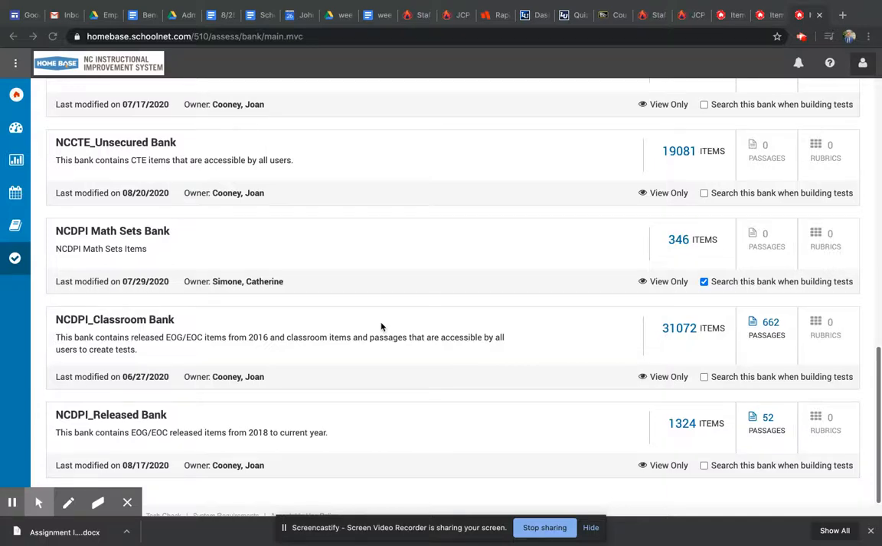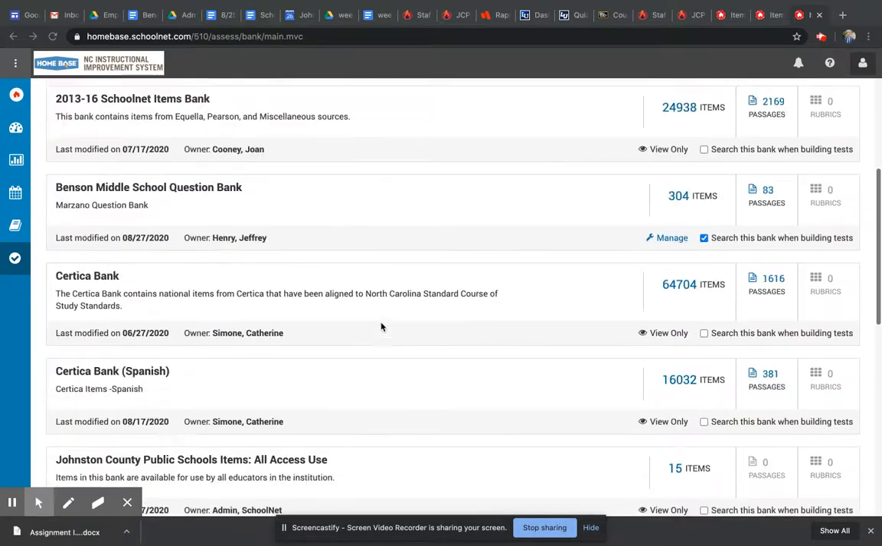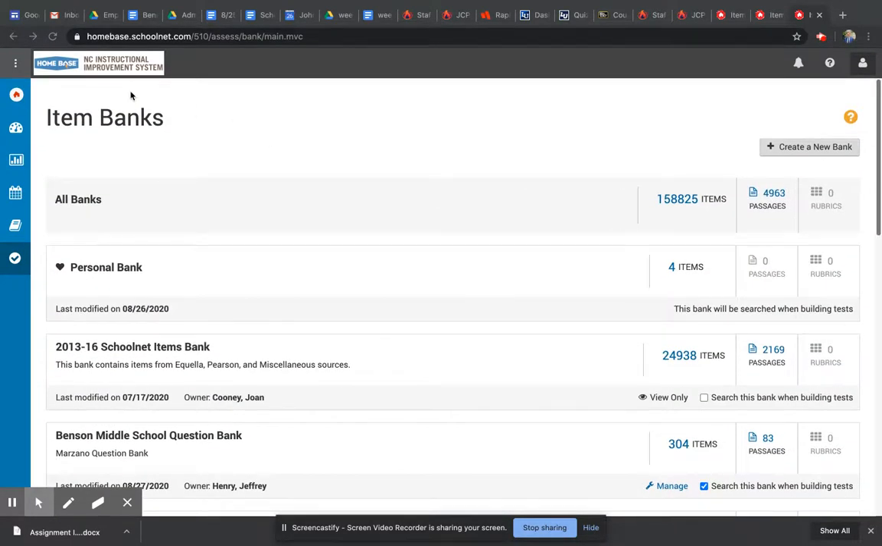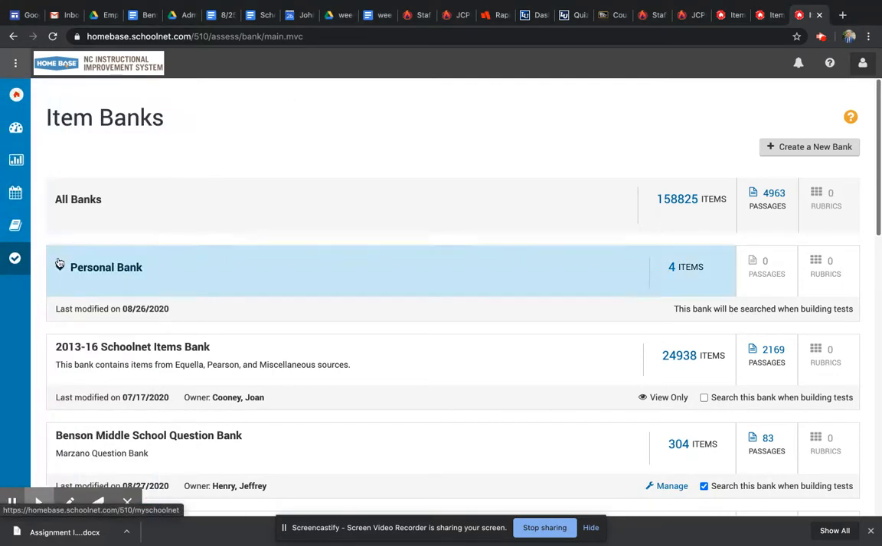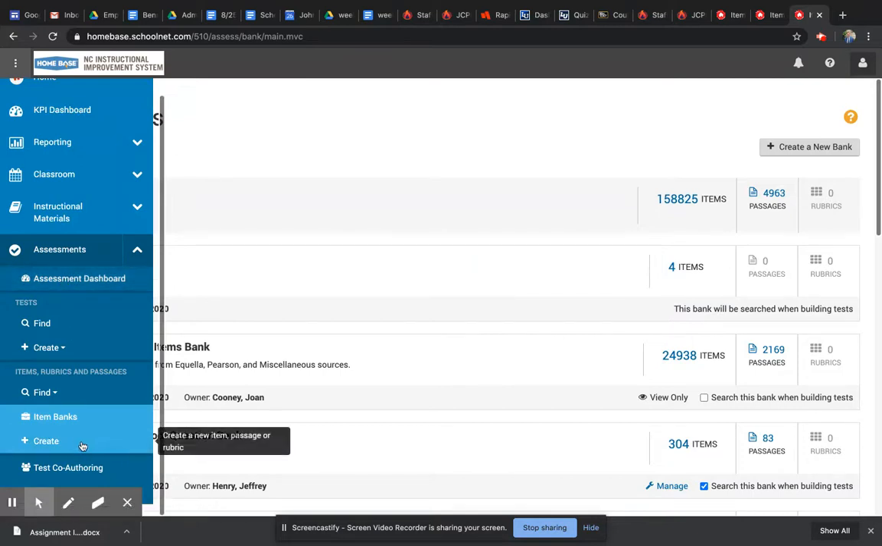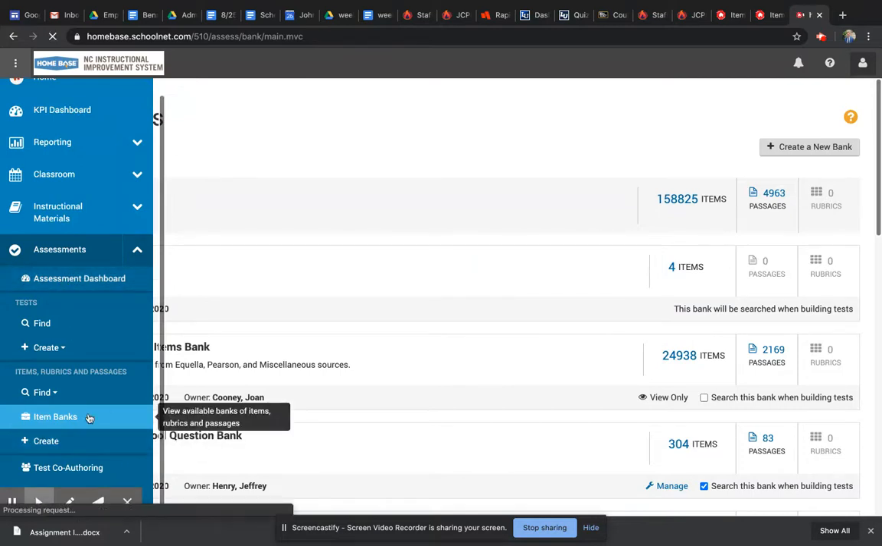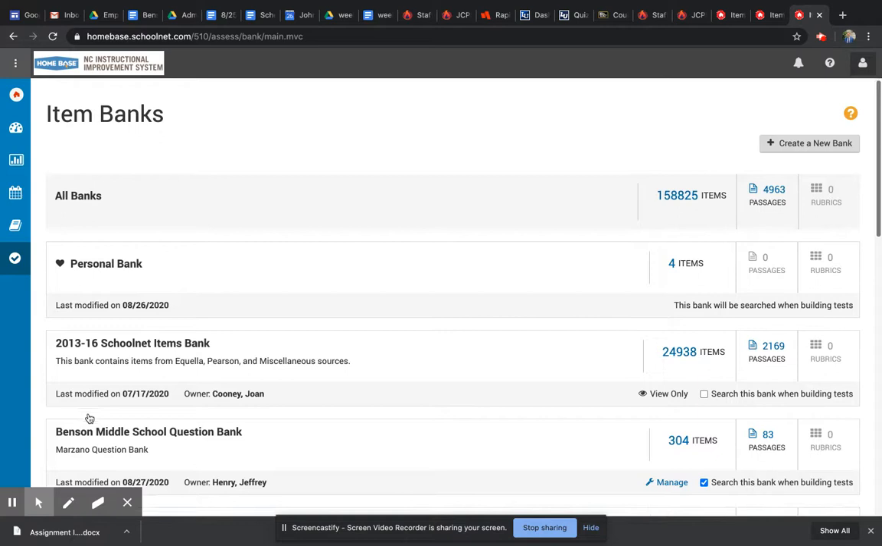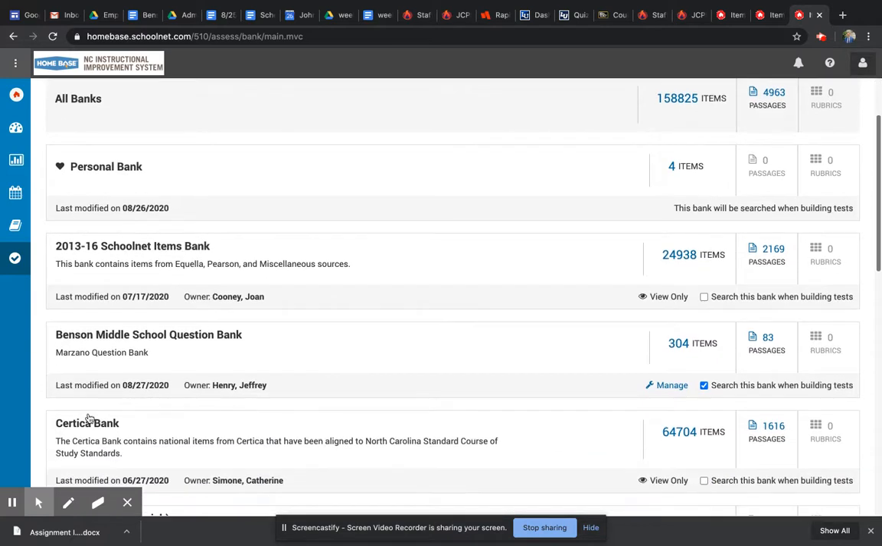All right, guys, so going through this really quickly and thinking about getting the assessments into the Marzano word bank, there are some things that we can do to use some questions that are already in SchoolNet. So if we start out at home and go down where it says item banks and click on item banks,